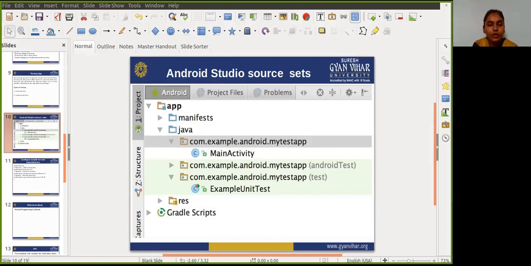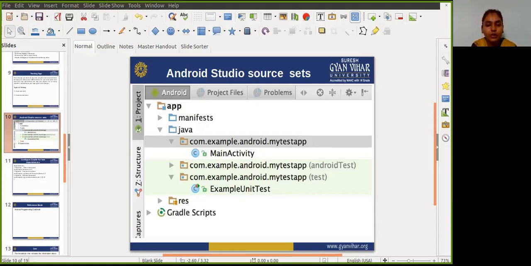So the main source set for your app code, the test source set for your app to locate unit tests, and the Android test source set. The Android instrumented tests and the source sets appear in the Android view under the package name of your app.